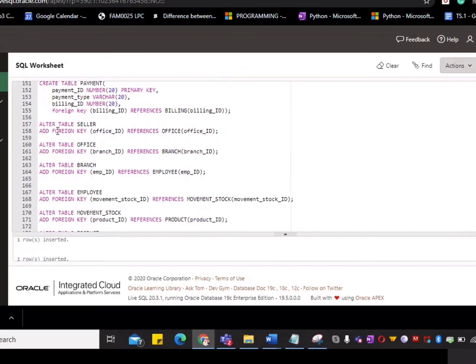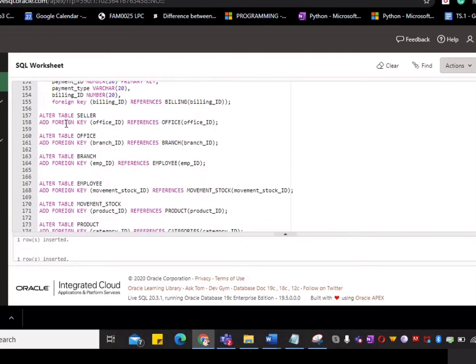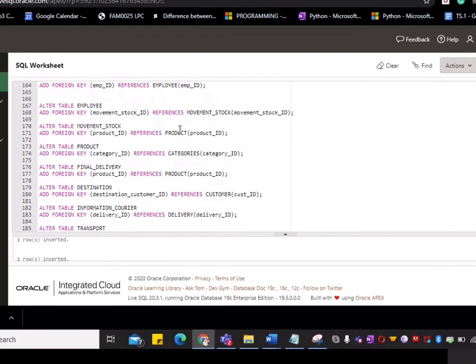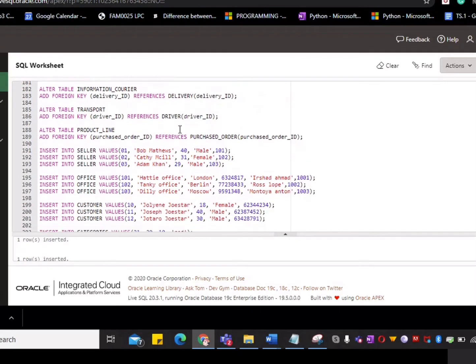to the alter table. For the alter table, we need to add the foreign key, which is the primary key of another table. For instance, for this table seller, the foreign key is the office ID, which is the primary key for the office table. Next, after